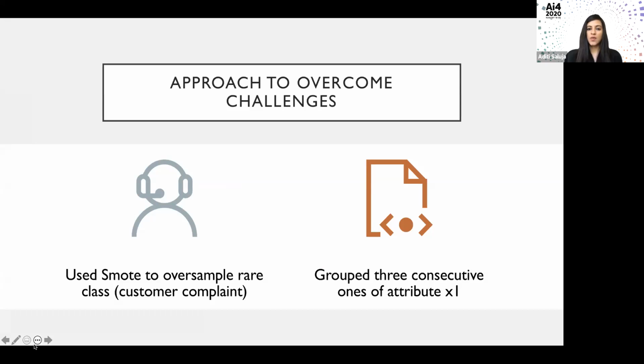Because I'm an SME in the telecom industry, I know that X1 is an attribute which is not as obvious as other attributes. For example, there is one attribute, drop call, which is very obvious to customers, but X1 is not that obvious to the customer. Also, X1 is a situation which will happen if a customer is at one location for quite a while.